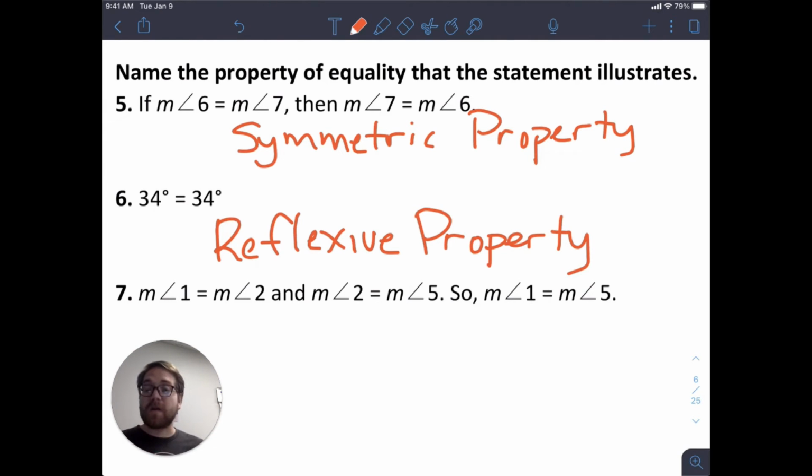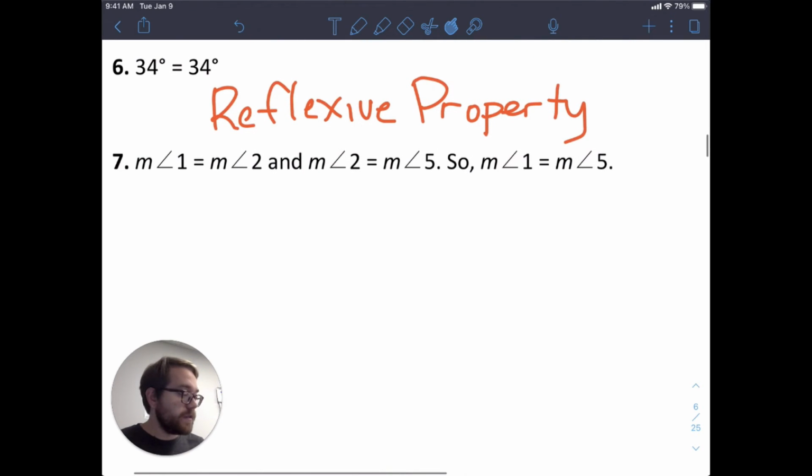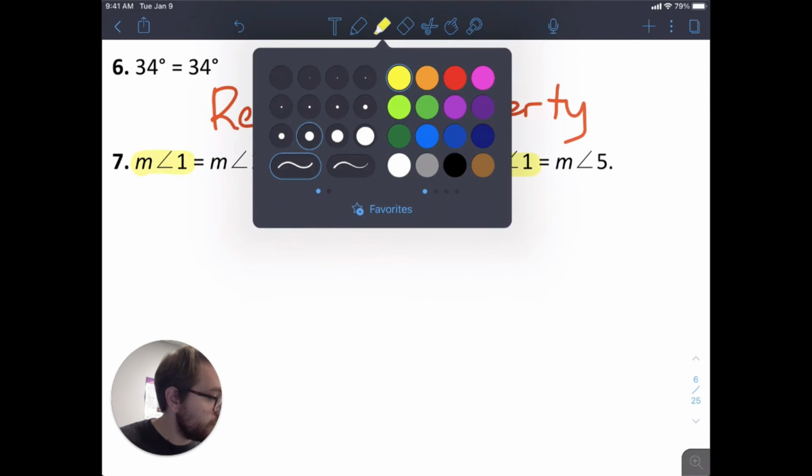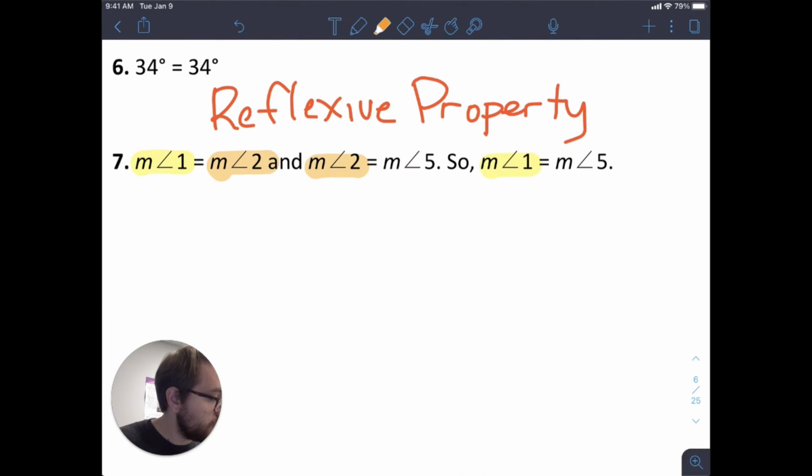The reflexive property says that a quantity or a value is equal to itself. Last one, number 7. The measure of angle 1 is equal to the measure of angle 2. The measure of angle 2 is equal to the measure of angle 5. So the measure of angle 1 is equal to the measure of angle 5. If it helps, I can use colors. Measure of angle 1, measure of angle 1, 2, 2,